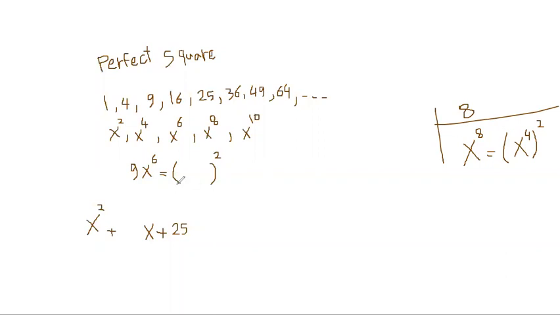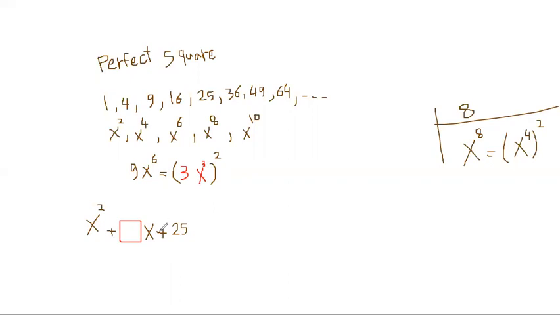Okay, so how can I write 9x power 6 as a perfect square? The 9 has a square root which is 3, and for x power 6, in the letters you write the letter and half its exponent, so it will be like this. Now, what is the number? If I put it here, this trinomial will be